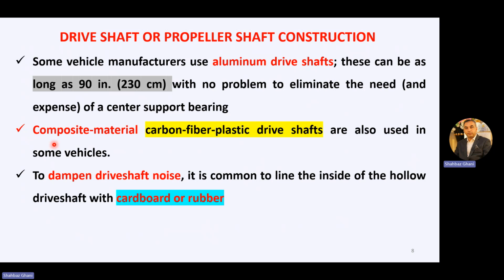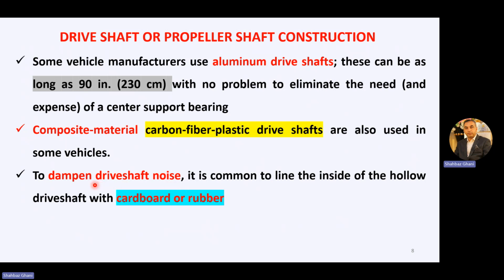Again, another latest trend is composite material. Carbon fiber plastic drive shafts are also used in some vehicles. To dampen drive shaft noise, because it is rotating at a high RPM,